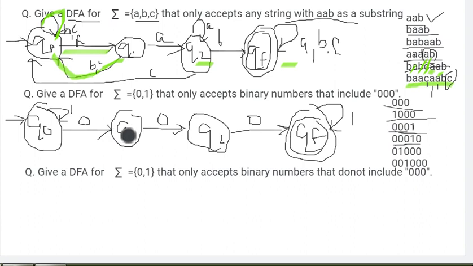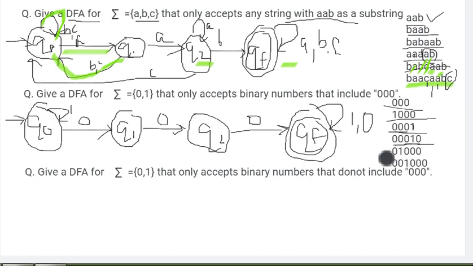Q0, 0 is coming, Q1 state. Q1 state, 0 is coming, Q2 state. Q2 state, 0 is coming, it is coming to the final state. At final state 1 is coming, it is in the final state, but again there is one more 0, that is acceptable string only. So here we can put a loop of 0 also, comma 1. Instead of making 2 loops, we can combine in the same loop. Okay, so at the final state there was no path for 0, so that's why we added a path for 0 here. It's a DFA, for every input only one path should be there. So now it's working, right? 0 0 0 1 and 0.